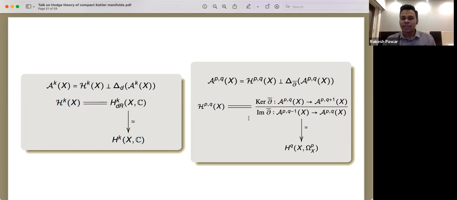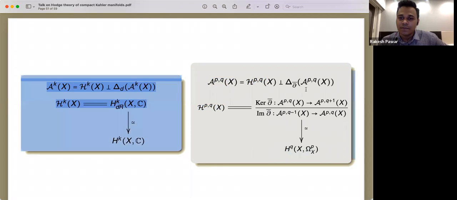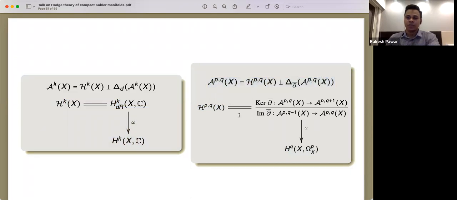And on the right hand side, we do a similar thing. This we already identified, right? This is the vertical isomorphism using the Poincare lemma for the Dolbeault operator: the q-th cohomology of omega^p, the holomorphic p-forms, is the cohomology of the Dolbeault complex, and this I can identify with the harmonic (p,q) forms because of this statement. This decomposition is going to be quite useful, and this is exactly what will give us the Hodge decomposition.